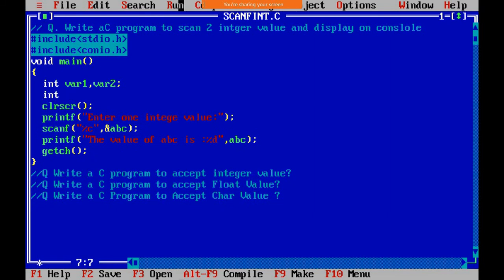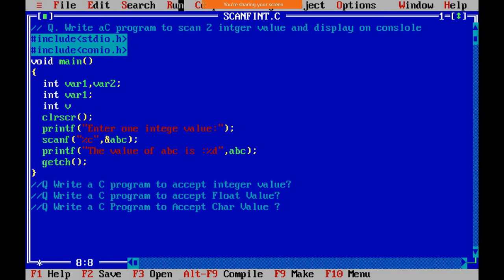We can declare them together, or we can declare them separately, depending on you.